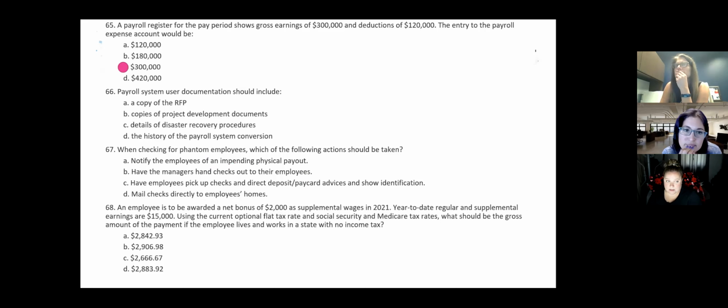You guys are awesome, not letting them trick you. Just because they tell you about deductions doesn't mean it decreases your expense at all. Your expense is still 300,000. Good job. Payroll system user documentation should include